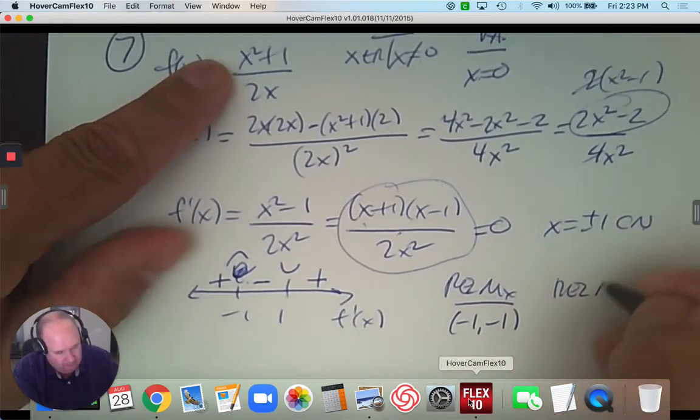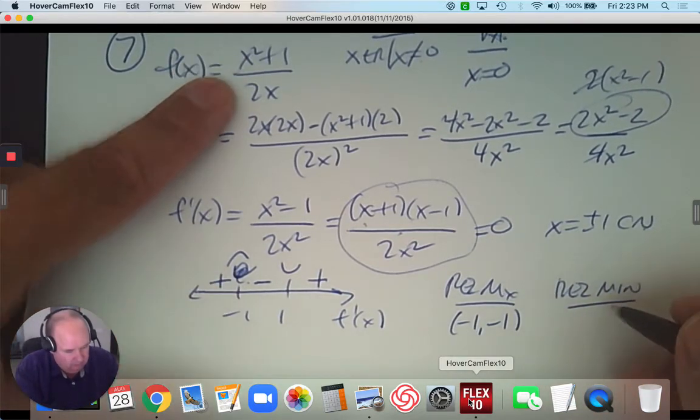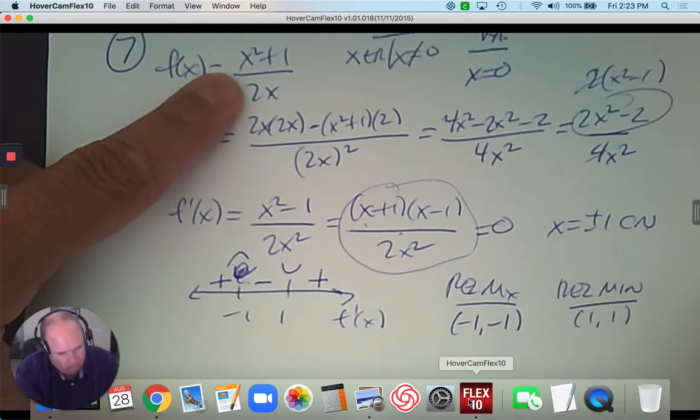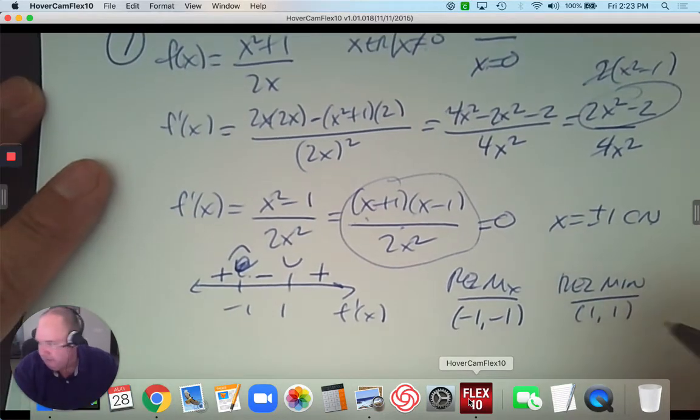And then the other one gives me a relative minimum in its area. So +1 gives me 2 over 2. So it's 1, 1. So we have -1, -1 and 1, 1. Those are my extreme points. If I want to find the second derivative,